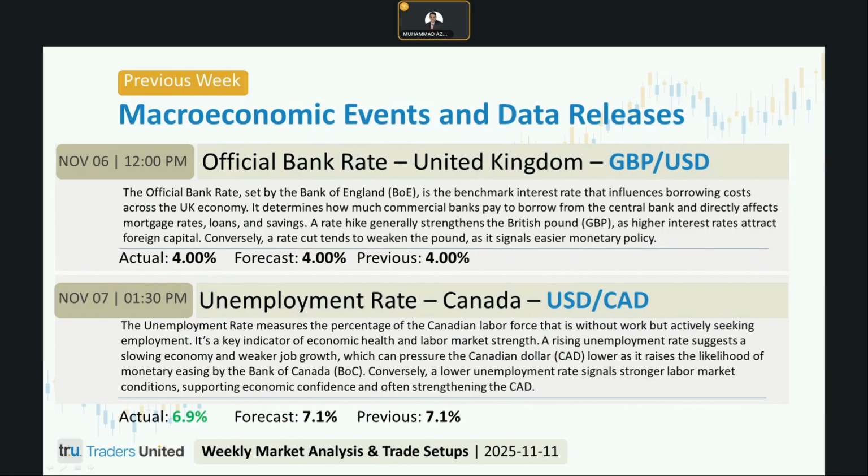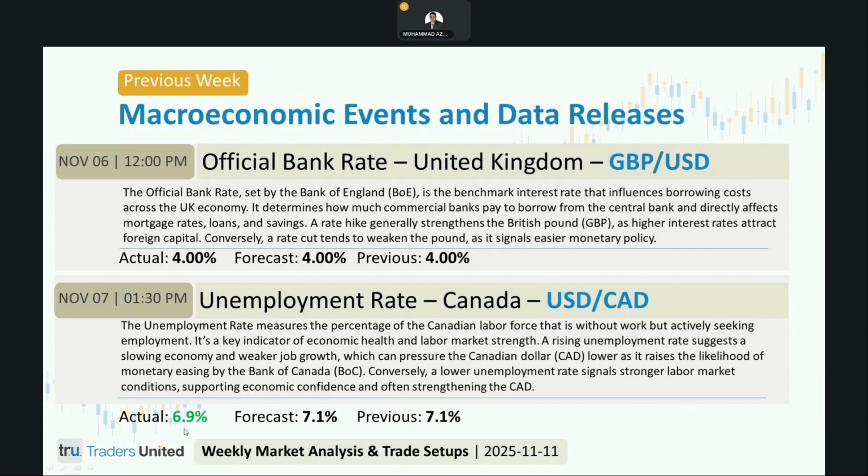So expect continued volatility as forex traders reassess Bank of Canada's policy expectations. If upcoming inflation and wage data confirm this strength, USD CAD could remain under pressure with buyers cautious until signs of economic slowdown re-emerge. So the key takeaway is a stronger than expected jobs report, meaning we got a lower